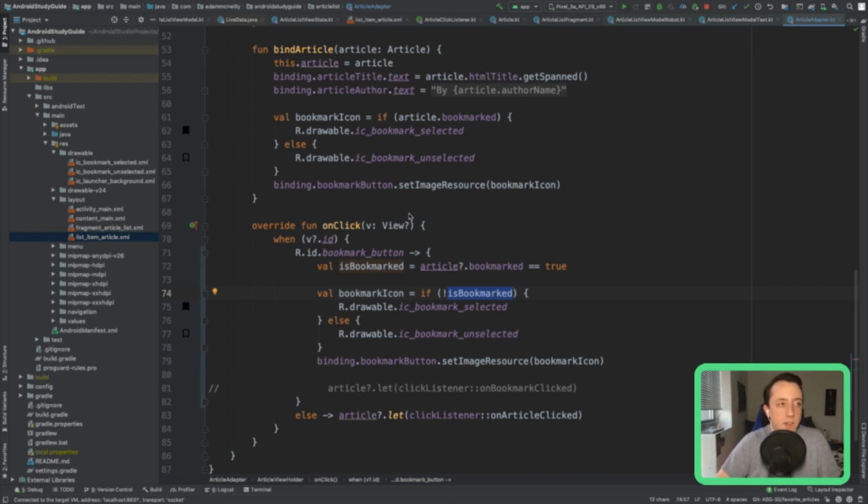So I don't know what I should be doing here. One consideration could be to just locally update and not actually submit an update to the recycler view.